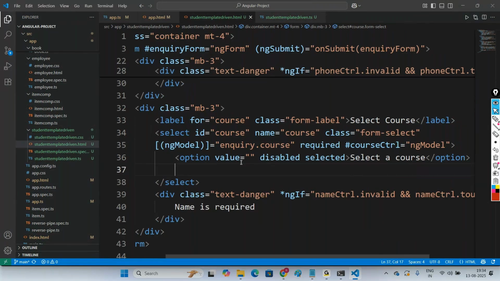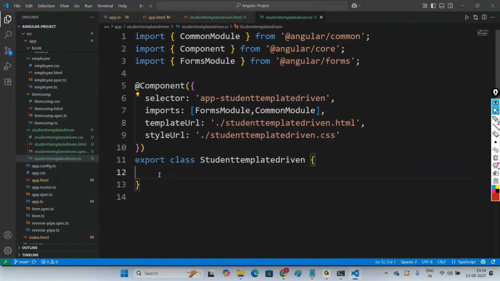Next one. Then how to get the options here? How to get the options? This is very, very important. So here I want to take the options from your TypeScript file. From your TypeScript file, I want to take the options. So how to take the courses from your TypeScript file is go to your TypeScript file, and here go with the